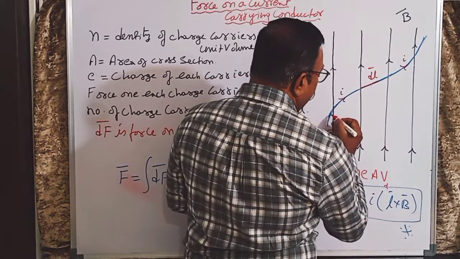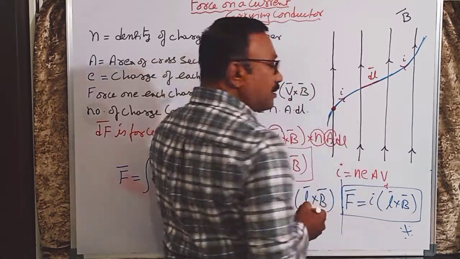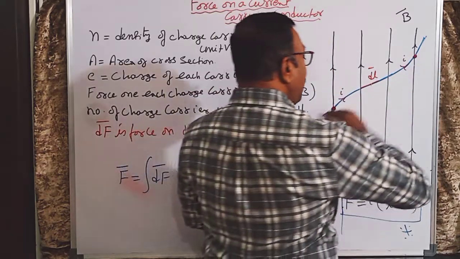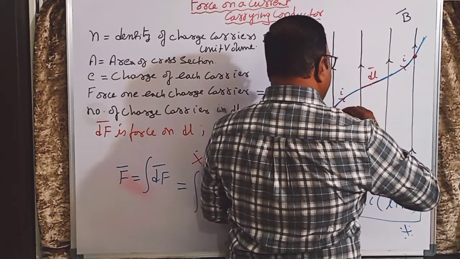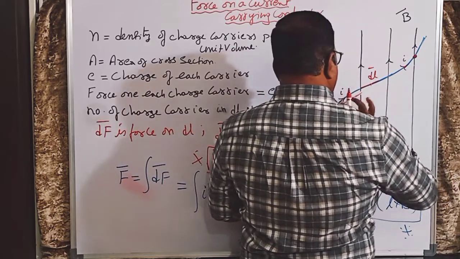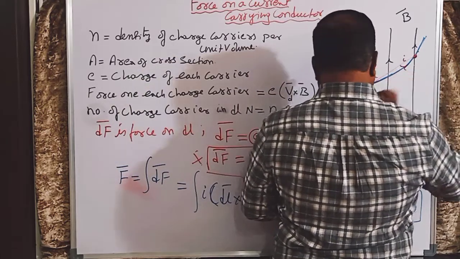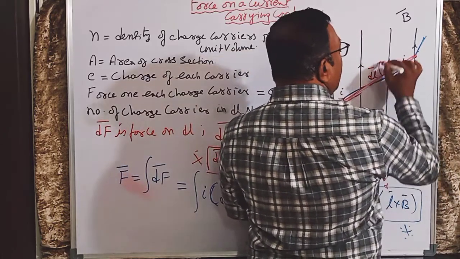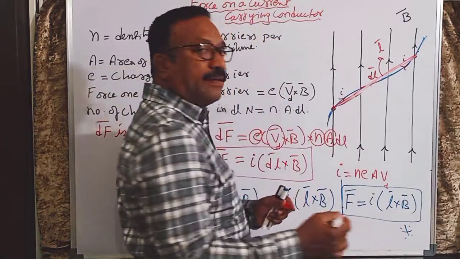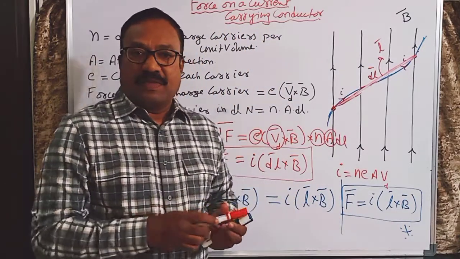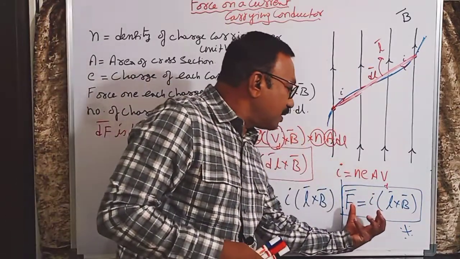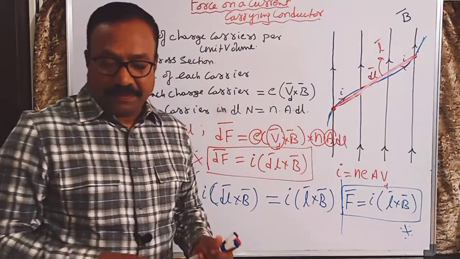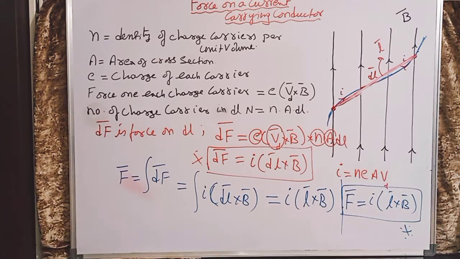L bar means now I'll tell you what you have to take. This is the point at which the current is entering the field. This is the point at which the current is leaving the field. So the shortest path, like a displacement vector, like this. This one is taken as L bar, like a displacement vector. So now this conductor is experiencing the force. Okay, please take down.